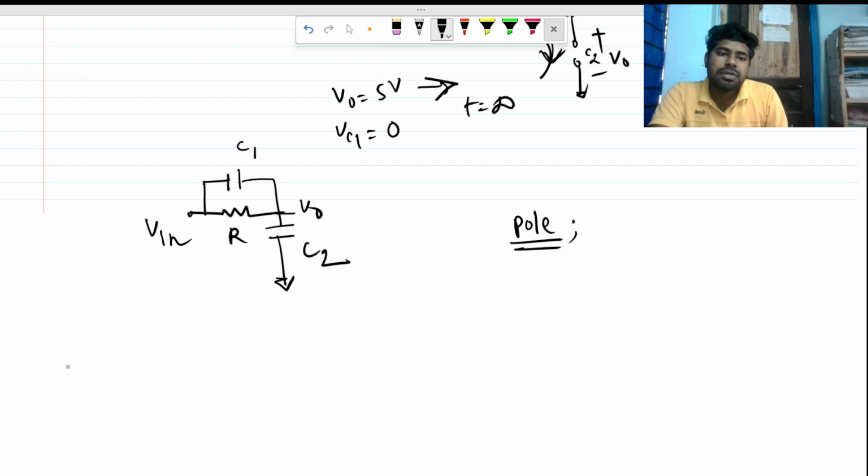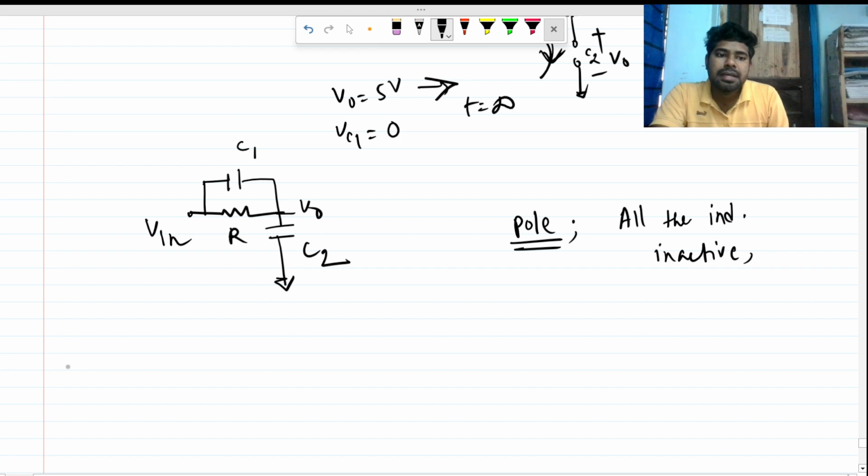We make all the independent sources inactive. Okay. And we see what is the R equivalent and what is the C equivalent, and then we take 1 over R equivalent